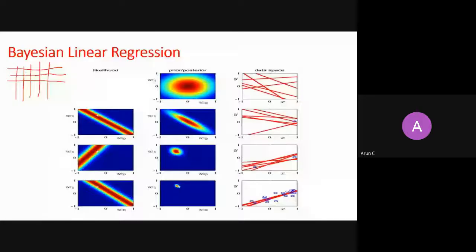Okay, when you have a W0, W1 grid, right? So this is a W0, W1 grid. So this grid means you have these many lines that you are going to take. Does this make sense to you? Every point is a line here, right? With intercept and slope. Yes, this is W0, this is W1. So every point is a line. So you take this line and find it out.